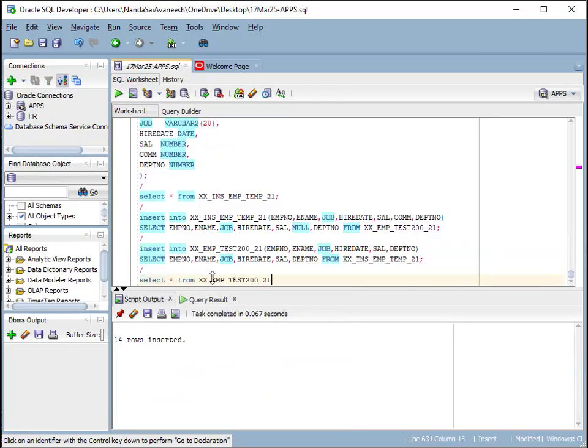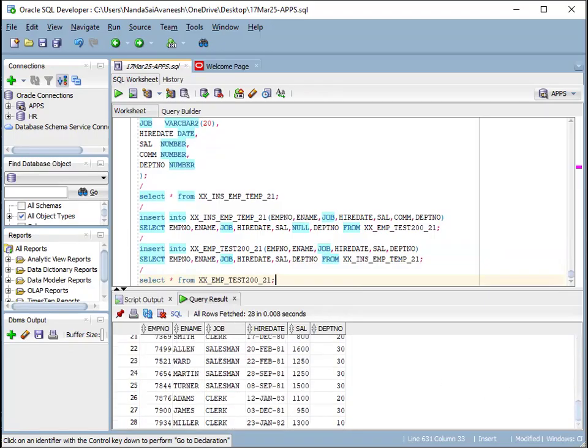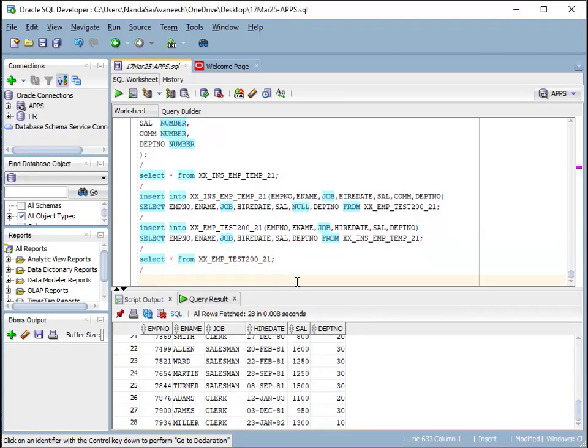Okay. Now 28 records are there here. So like this, you can insert the data into another table using the insert command. So here what I am doing, initially I am creating